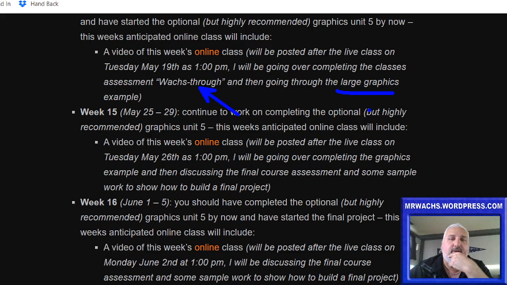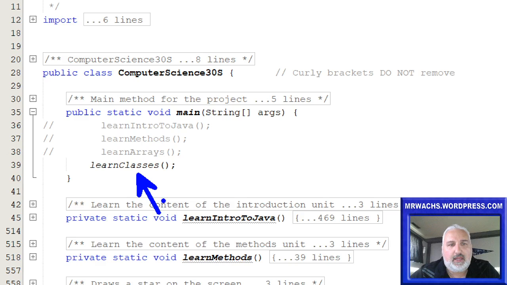And go back to our 30S example. When we last left it off, in our main method, we were learning about classes. Today, in our main method, we're going to learn about graphics, which is optional. So I'm going to comment out learn classes. We're not going to do that. And instead of